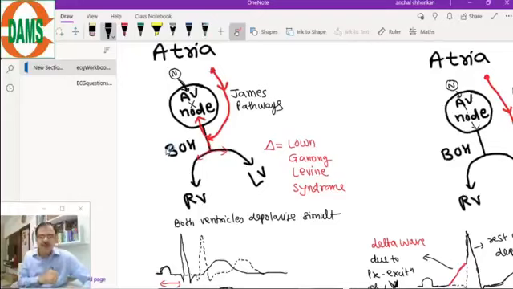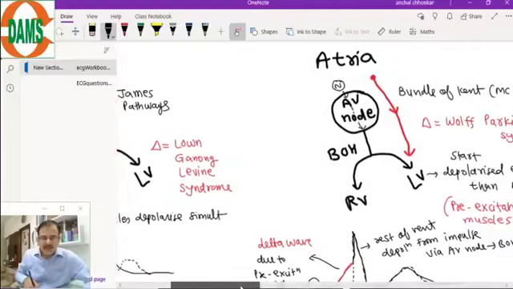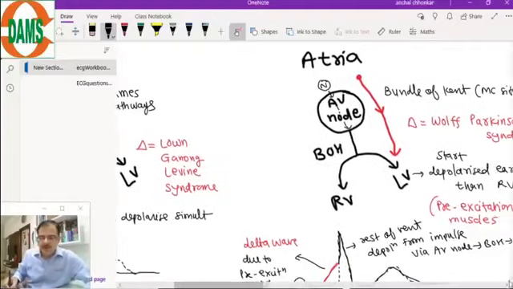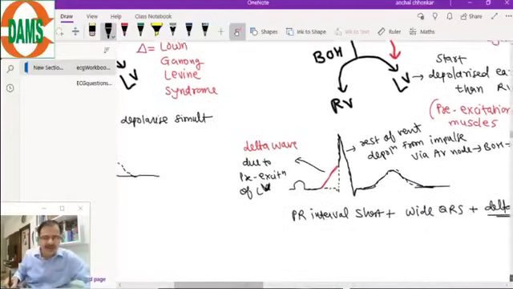So usually in LGL the normal impulse does not reach the ventricle, so this is the reason here. Yes, it can cause re-entry also. If this re-entry impulse gets a chance to go into the atria, then a re-entry loop will be created. Very nice, that we will discuss in the arrhythmia sections. Now, these were the PR interval pathologies. Short PR interval, important questions usually asked in your exams.